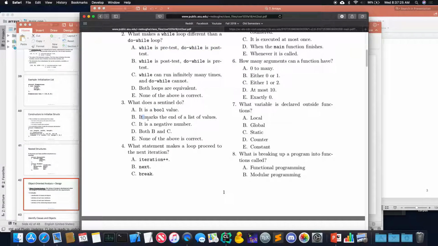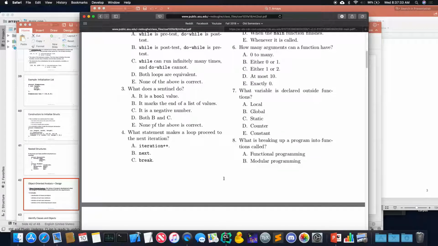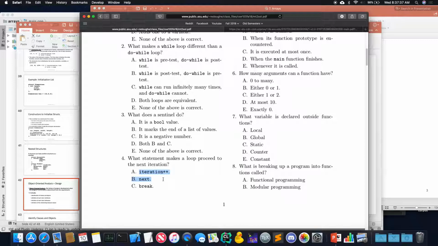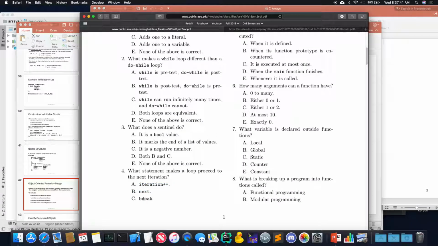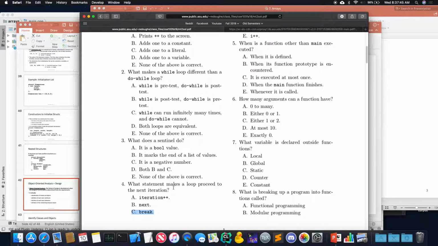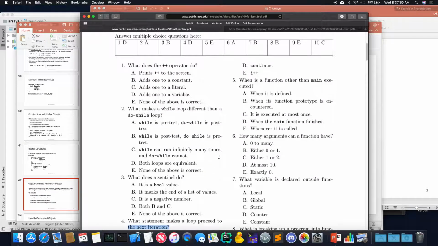Sentinel marks the end of a list of values. It does not have to be negative, but it can be. But it just doesn't have to be. This one is, so the first two are not even things in the language, so those can't be right. C gets out of the loop entirely, so it can't be C. Remember, it's going to the next iteration, not just getting out of the loop entirely.